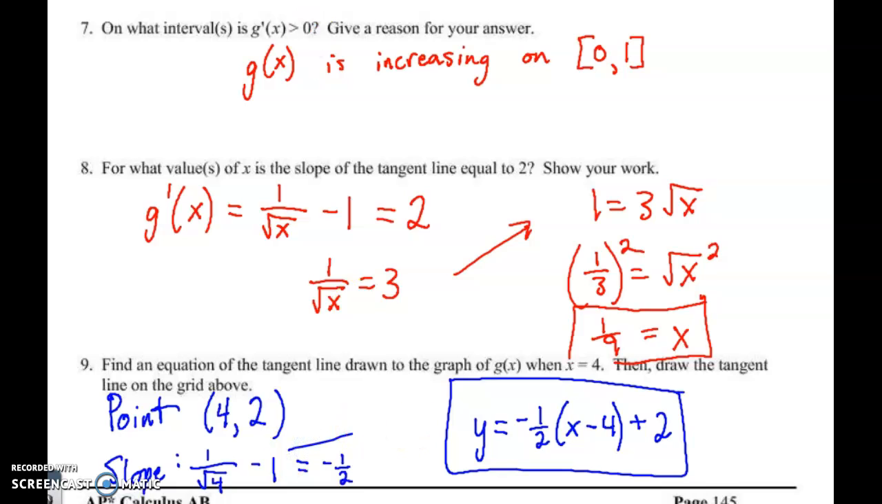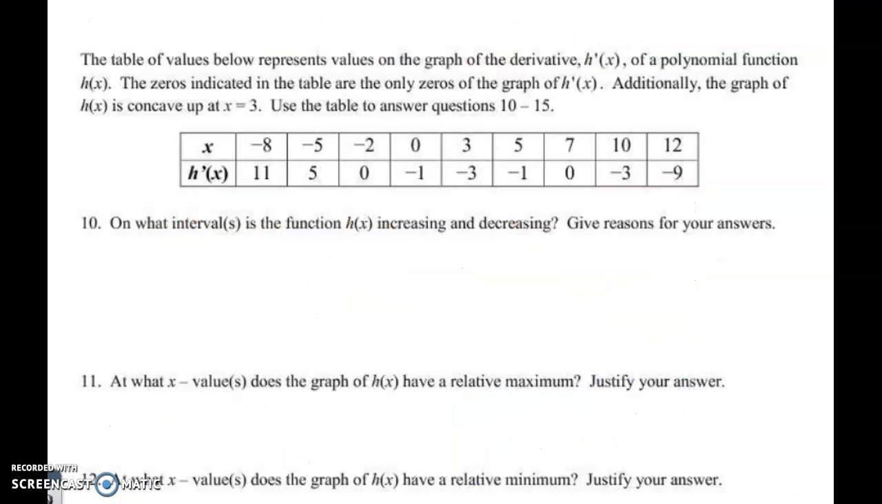So feel free to pause the video before moving on. I think I can get some more problems done in the time limit. And what we're doing is we're looking at the derivative of h. So this is a table of values, and we can answer these questions. Now notice in the problem, it also talks about the zeros indicating the table, the only zeros. So if this is the only zero,